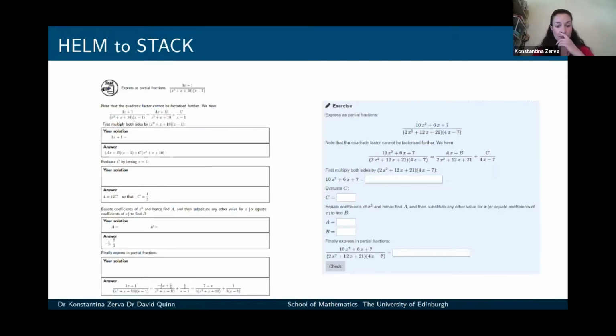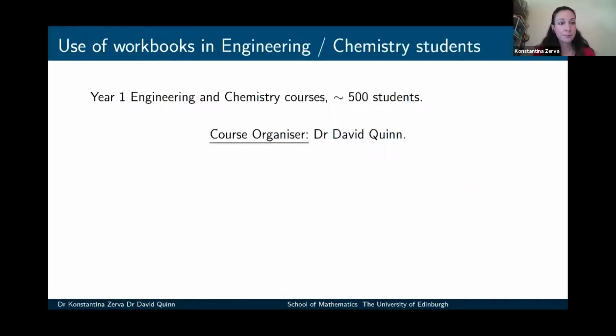So here is an example of a task where the Stack version contains some randomization. A key feature throughout the workbooks is that the quizzes are set to adaptive mode. There is a check button at the bottom of the question. When the students complete the questions, they are able to check whether their answer is correct or not and get some feedback, of course, if the feedback is implemented into the question. After submitting the quiz, students have access to fully worked solutions and not only the final answer.